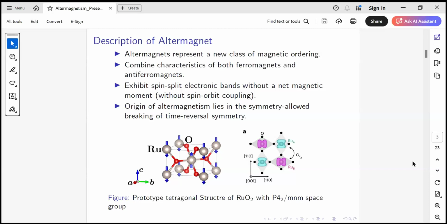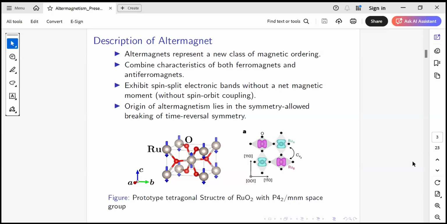Ultramagnets are a new class of magnetic ordering. They combine the characteristics of both ferromagnets and antiferromagnets, so these materials lie between ferromagnetic and antiferromagnetic materials. They exhibit spin splitting without a net magnetic moment.